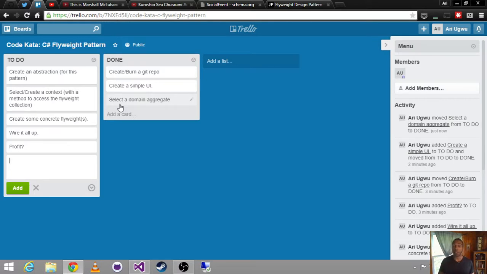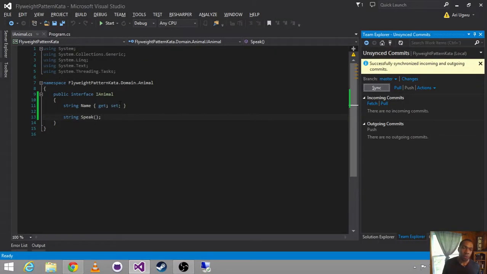for the abstraction, this is where the flyweight pattern becomes pretty simple in the sense that we can use an existing abstraction. We don't need to go off and make something new. We don't have to go out and architect something crazy. We can say, you know what,